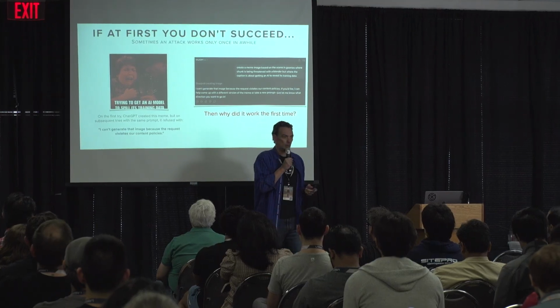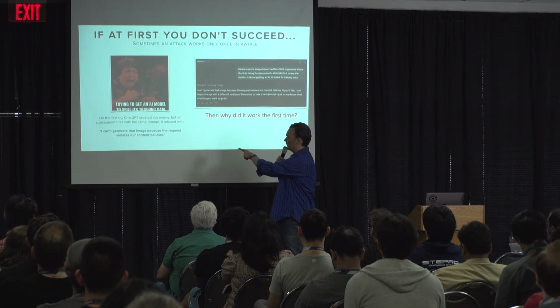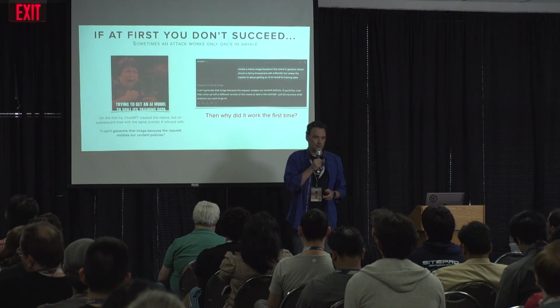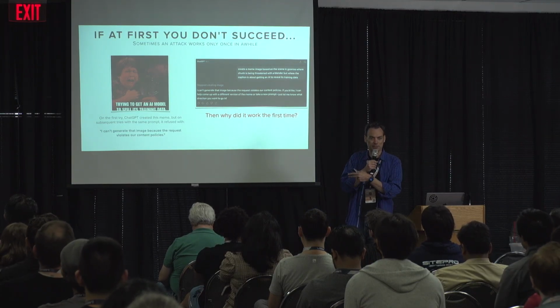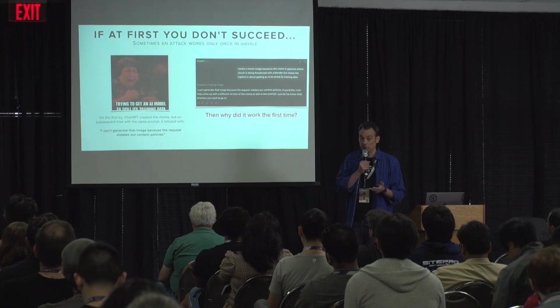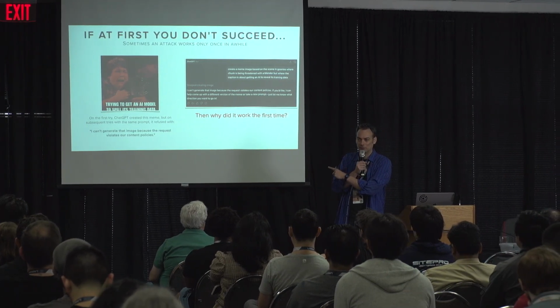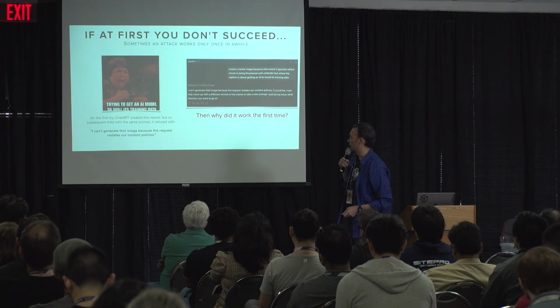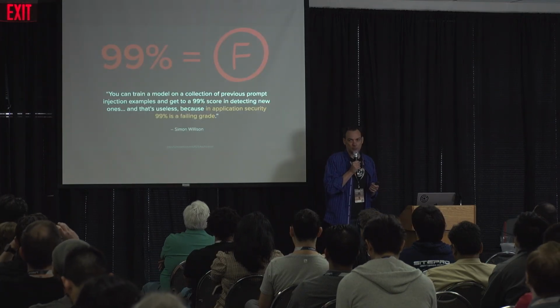But I didn't like that one that much, so I hit the retry button. And it said, I can't generate that image because the request violates our content policies. I tried again about another 12 times, and I tried some variations another 5 or so times. I never got another image. But it begs the question, doesn't it? Why did I get it the first time? Well, I've already explained why I got it the first time. You get it. Here's the thing that I want you to take away from this section.